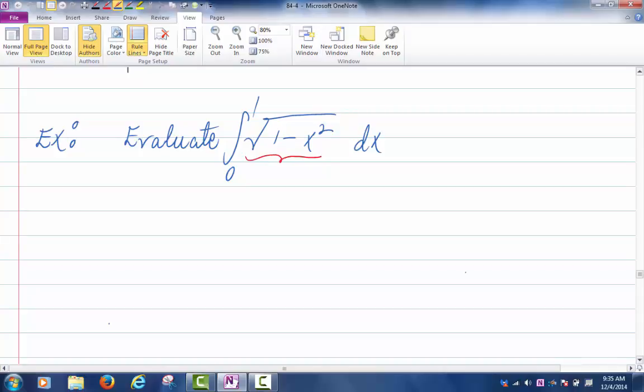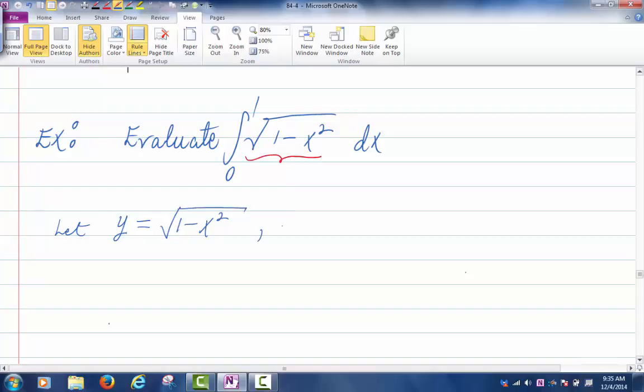And so I also know that the value of this definite integral would be the net area between the graph of the integrand and the x-axis over the interval from 0 to 1. So I need to come up with the graph of that integrand between 0 and 1. So how would I do it? Does anyone know what's the graph of this integrand function? So I'm going to let y denote the integrand here,